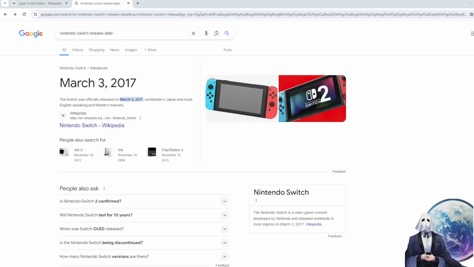But the difference is it also had the main console. Whereas with the Switch, they basically just took the gamepad part of the Wii U and made it the console. So I think it was almost like the Wii U was a prototype that shouldn't have been released, and they should have just stuck with working on the Switch.